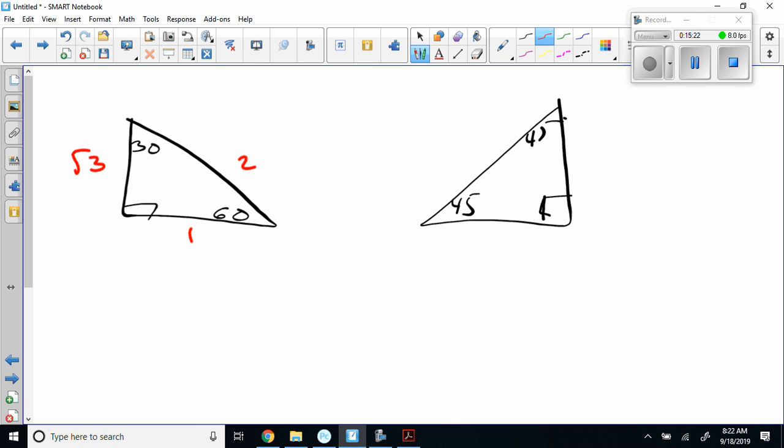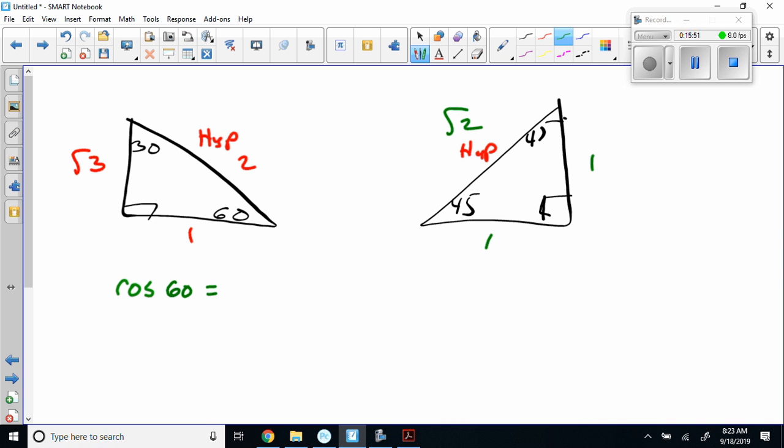Y'all ready? This is cool. This is really cool. Here's the hypotenuse, right? And on this one, I'm gonna do them in green. So we got square root of 2, and there's 1, right? You good? Okay, now, if I were to say, what is the cosine of, not theta, but let's just say